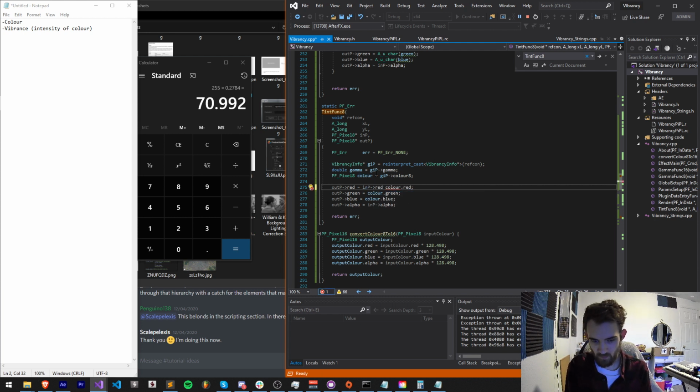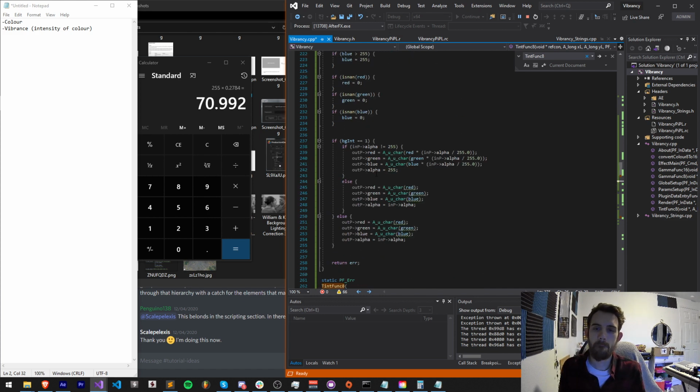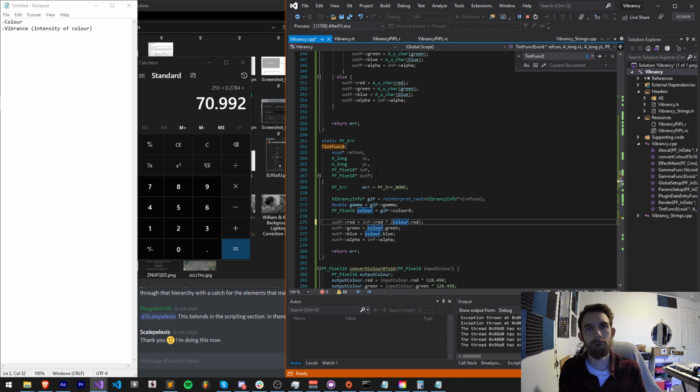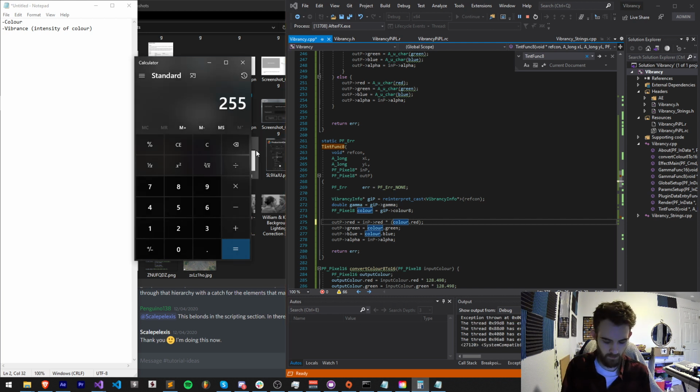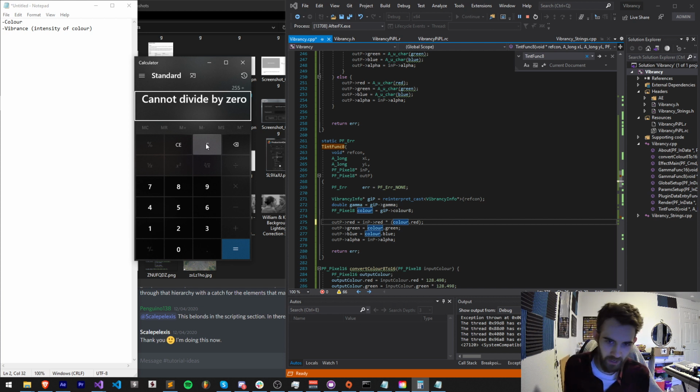Input red times color red. Okay, let's say our input red is 255, right? Like our example. Then, if we divide that by the red of the color, we're using a teal which has 0, it gives us 0. That was not what I desired there, but 255 divided by 0 is undefined actually, but